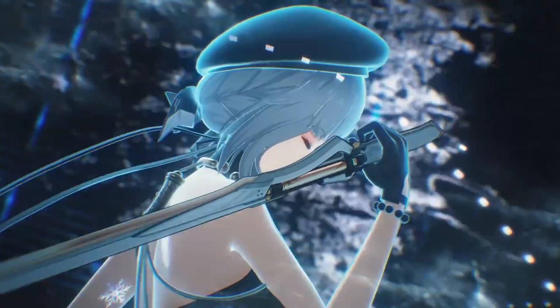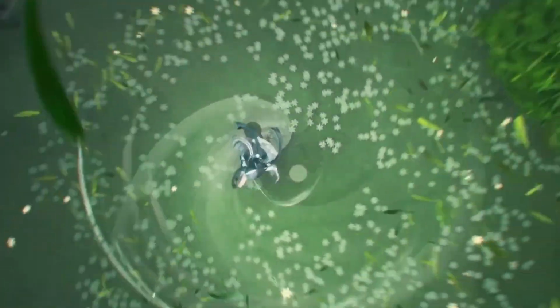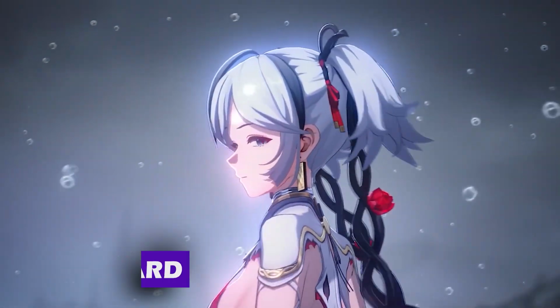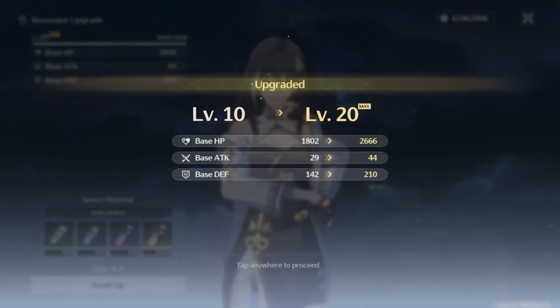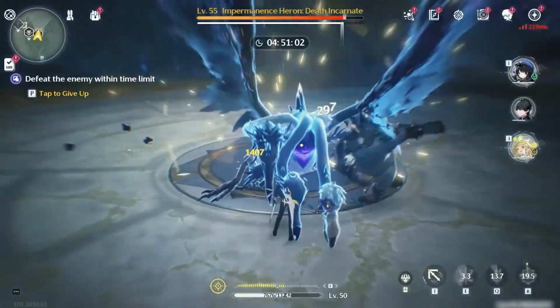Throughout Weathering Waves, there are plenty of opportunities to engage in open-world boss fights and combat challenges. Here's the kicker. Each successful challenge or boss fight usually comes with a hefty reward of Astrite and other valuable materials. While the rewards for each fight might not seem huge, completing multiple challenges throughout the week can really add up. Some boss challenges can give you 5 to 10 Astrite per win, and trust me, those wins start to